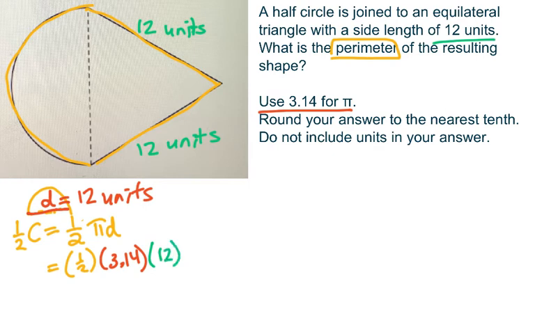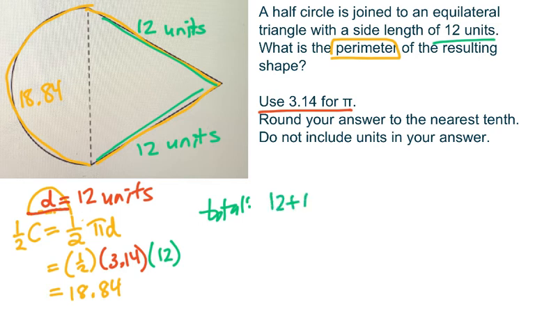I'm now going to multiply these together, 1/2 times 3.14 times 12, and this gives us 18.84. I'm not done yet though, because the 18.84, that's just the distance around the circle piece. From here, I need to add the 12 and the 12 to give me my total. So my total will be 12 plus 12 plus 18.84, and that's going to give me